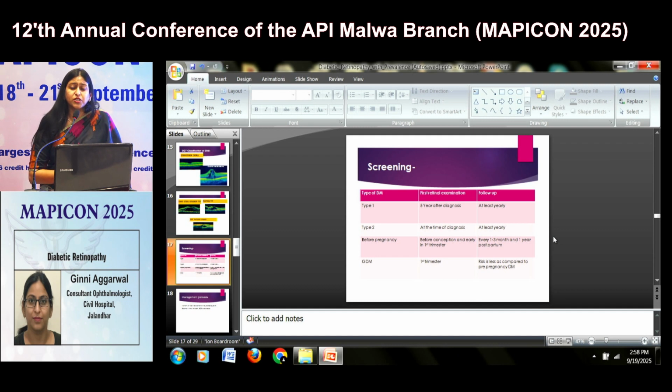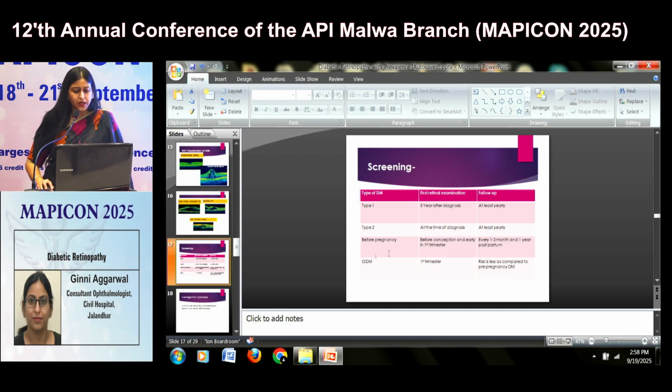However, if the patient is type 2 diabetic, we don't know since when the patient has that status. So whenever you diagnose a patient of diabetes, you have to send the patient immediately for retinal examination. And then depending upon the stage, we further ask the patient to review with us annually or whatever stage the